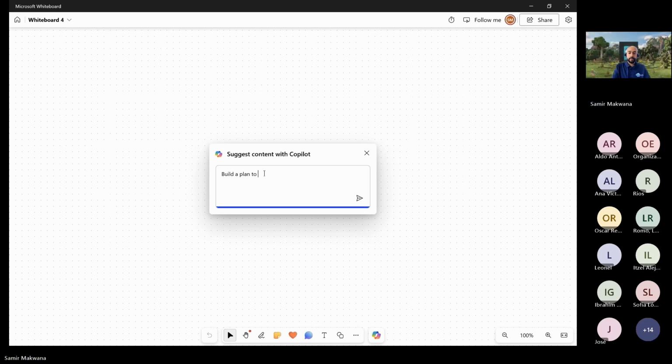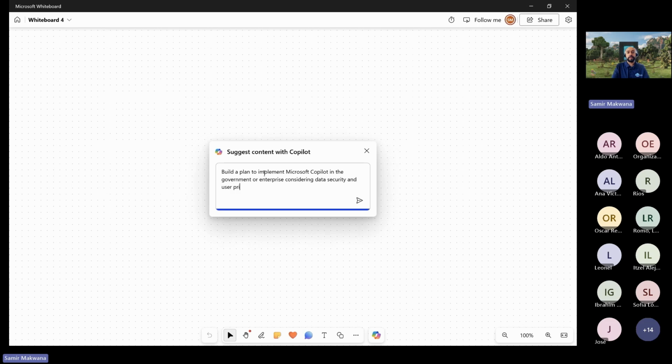So I'm going to use a Copilot to build a brain, build a plan, to implement Microsoft Copilot in either government or enterprise, considering data security and user privacy.